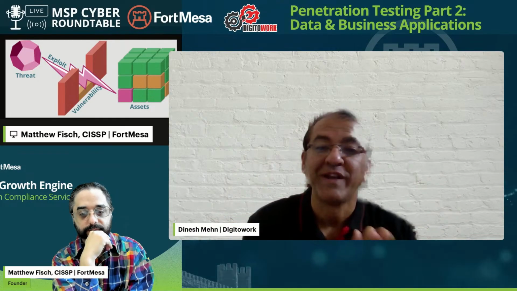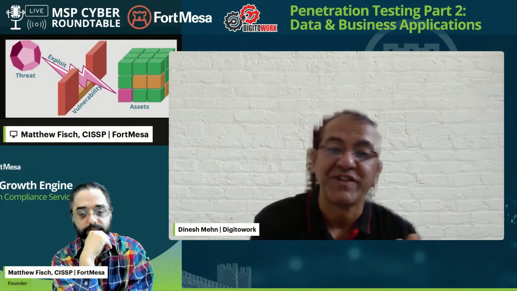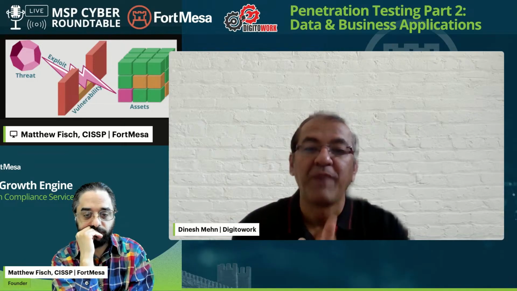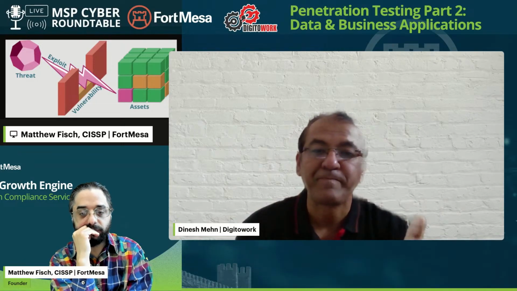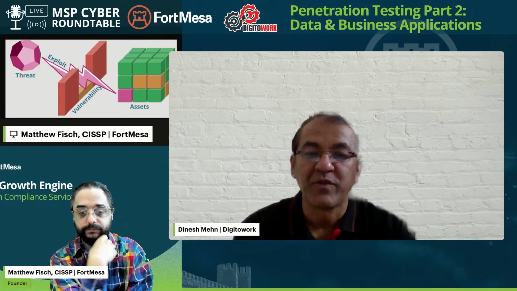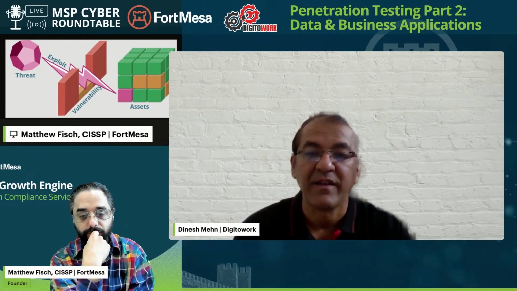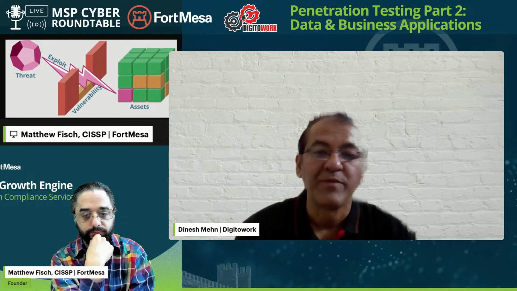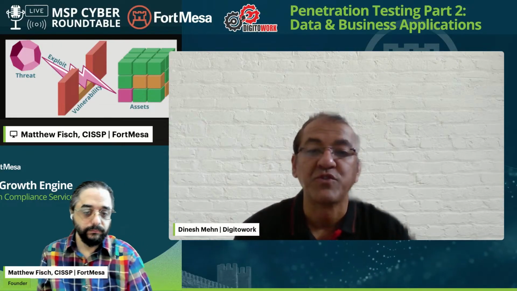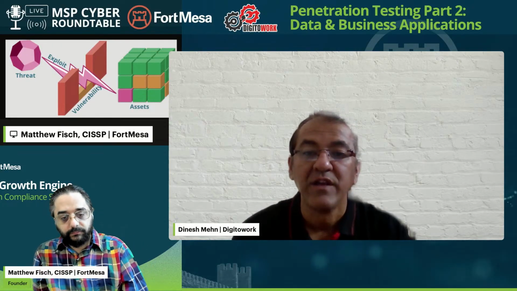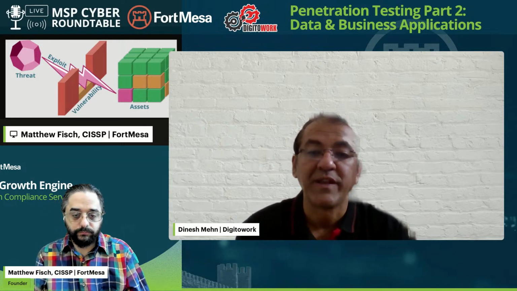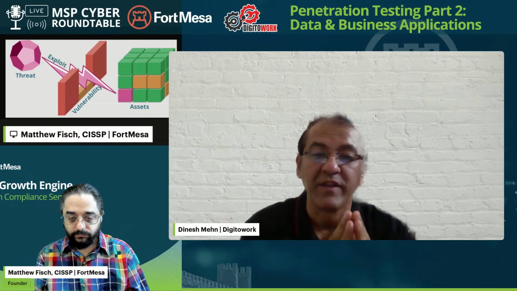So that's what VAPT, or penetration testing, is all about. Vulnerability assessment is just the first part of penetration testing. In the first part, you try to find out what the vulnerabilities are, and then you start exploiting them, because you might have 1,000 vulnerabilities, but you don't have all the resources to close all of them. So you need to find the vulnerabilities which are exploitable, and that's where pen testing comes in,